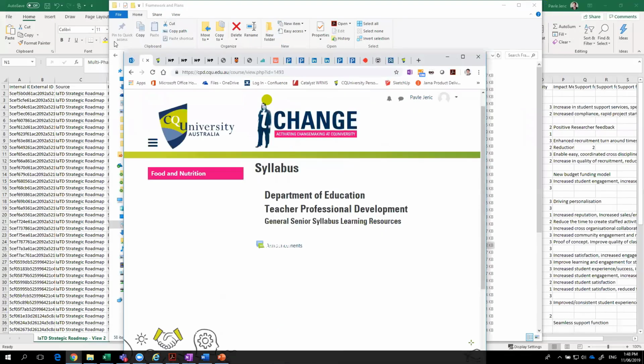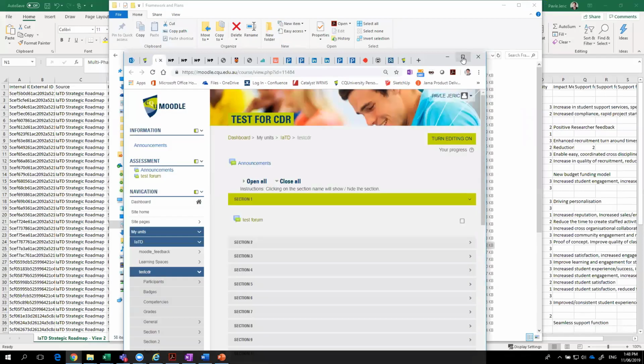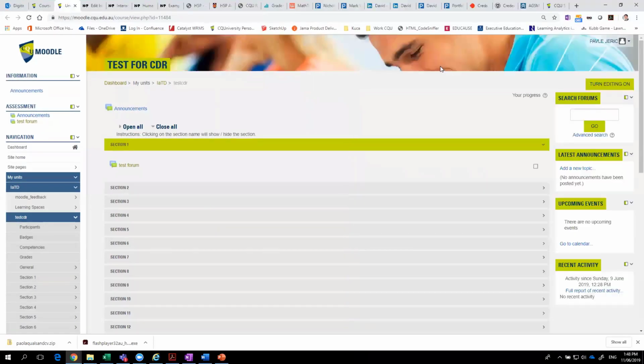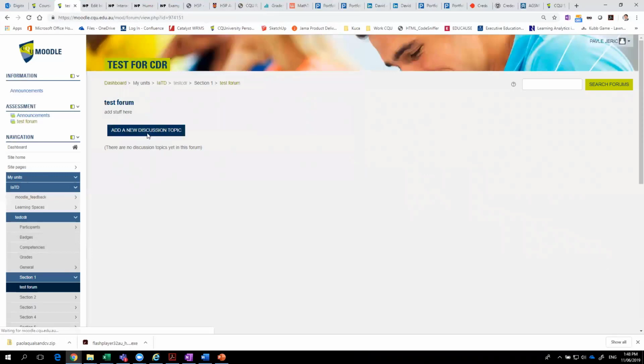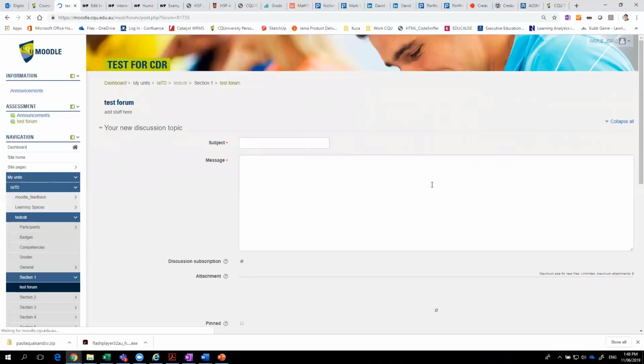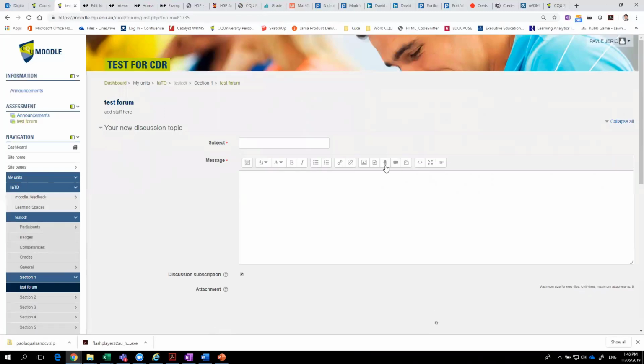One other thing that is quite interesting is the use of audio in Moodle, which is kind of new in this new version. You may have noticed that anywhere you have an editor in Moodle, whether it's in a forum or in Gradebook or anywhere really, you now have this record audio button, which means that by pressing it, you can record and it saves straight into Moodle. You don't need to record it somewhere else.